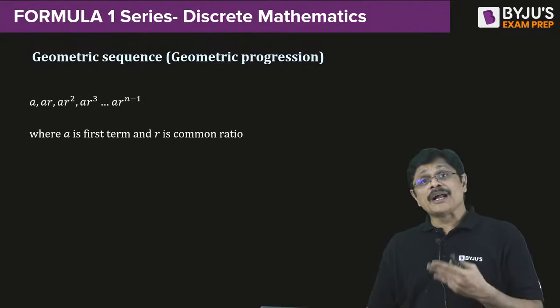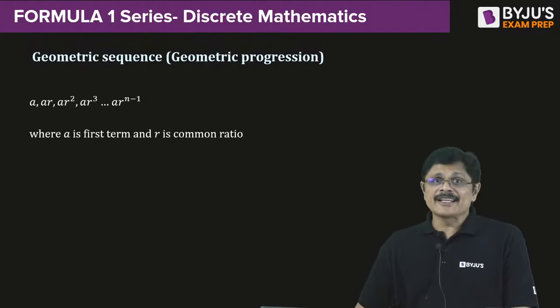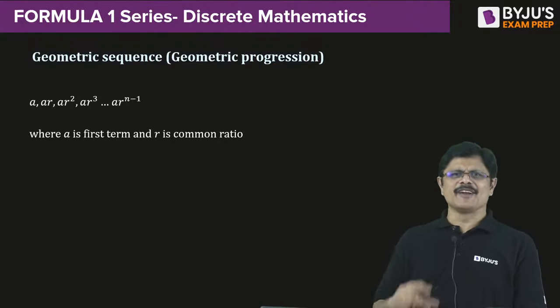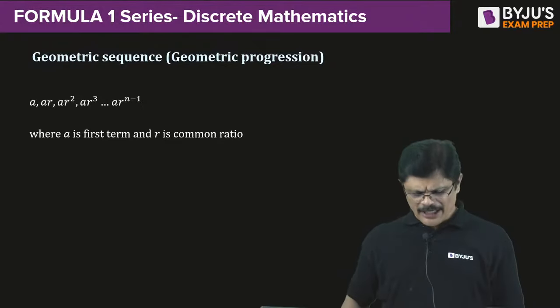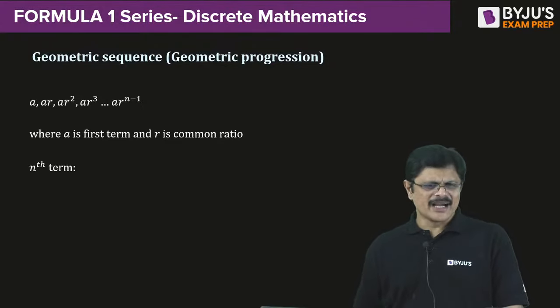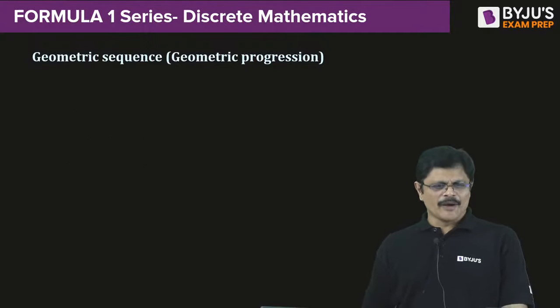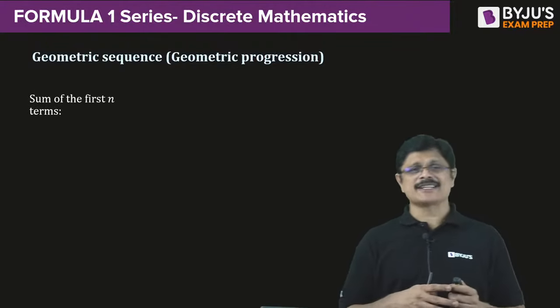Many people are having trouble with this type of simple formula also. And for this, you can derive it. The derivation is also very simple, sir. Every time, r is multiplied. So the nth term will be a into r power n minus 1. Akshita, nth term, a into r power n minus 1. Of course, Akshita is right. Want to go for the next result, that is the sum of first n terms,